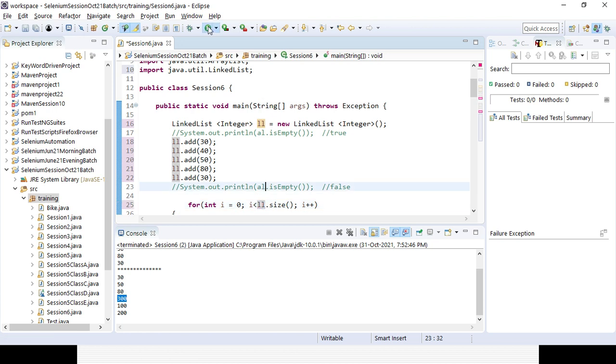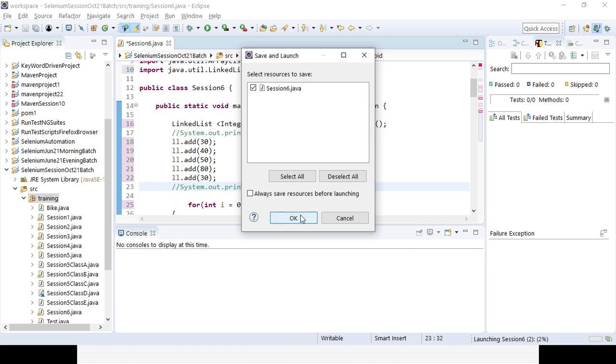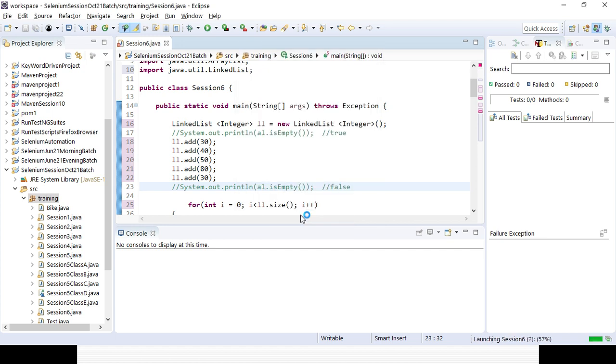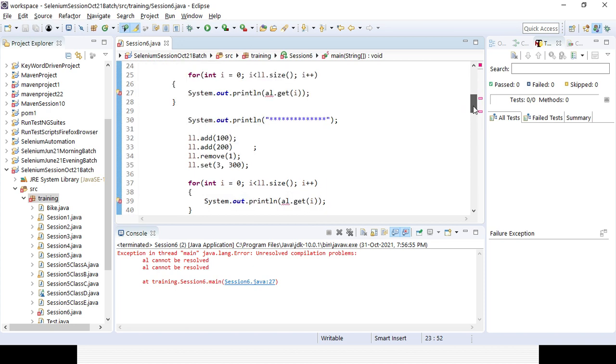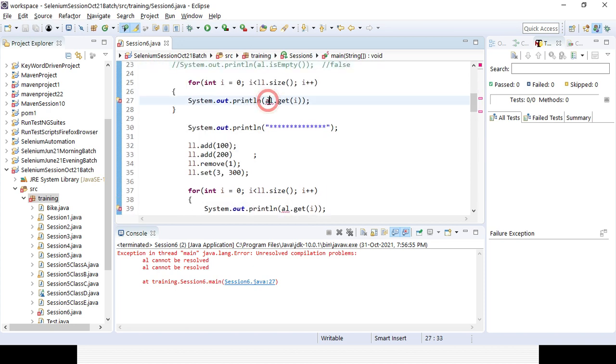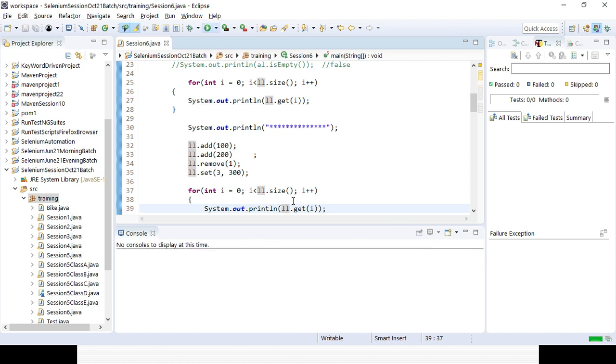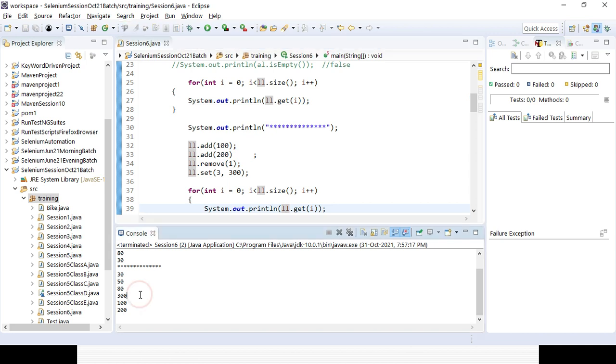One second. Linked list, what is the message? Okay, sorry, it will be linked list. Here it will also be linked list. You can see here it is behaving in the same way, right? 30, 40, 50, 80, 30, and next time one is removed, one is updated, two more new ones are added. But what are the additional features it has? Okay, let's try to do this.